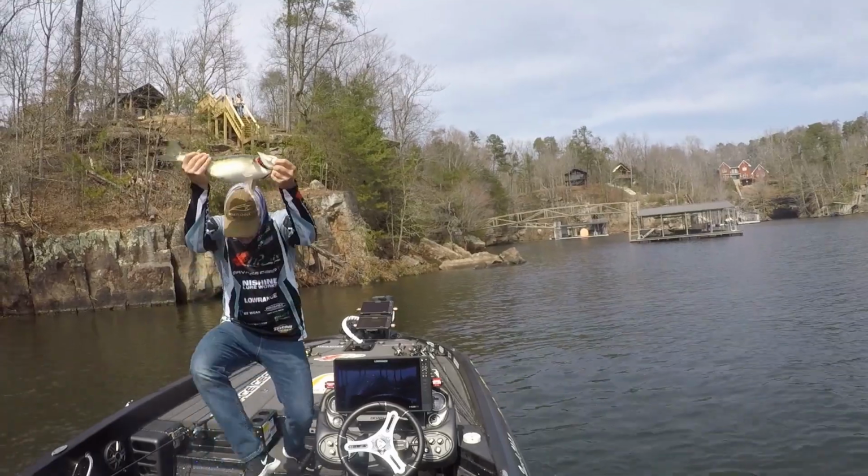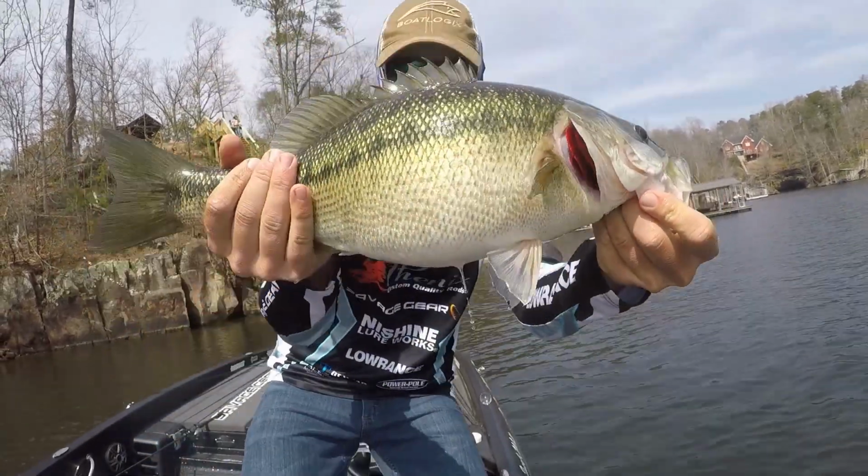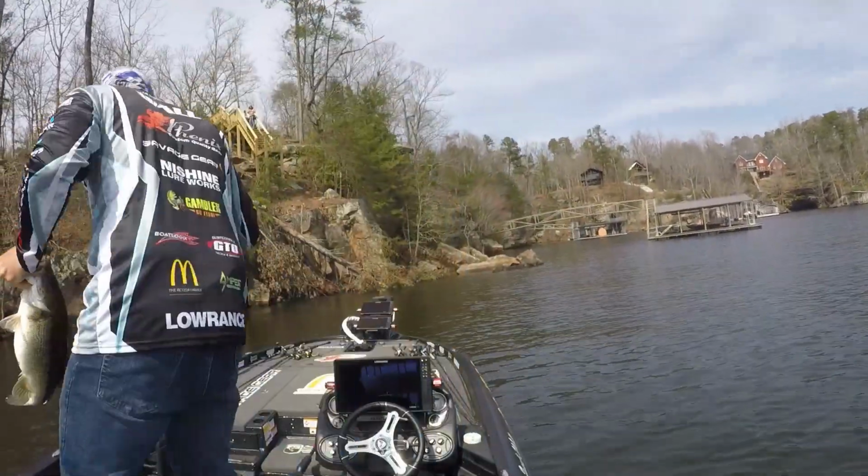Well, I ended up bouncing around, hitting some more spots. I culled up with like a 2 1/4, got rid of that one that just barely touched 15, and then I bounced around, culled up one more time. And then right at the end of the day, I rolled into an area, and I found like a 4-pound largemouth up shallow. Couldn't get it to bite, but it seemed like it was getting ready to spawn